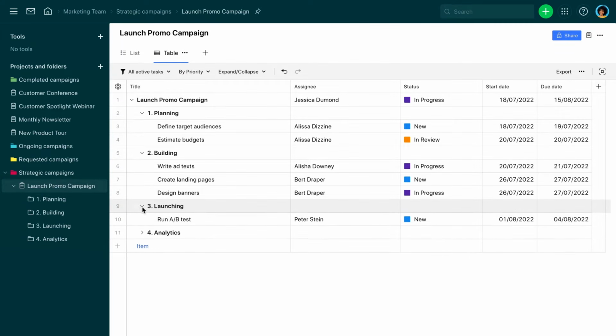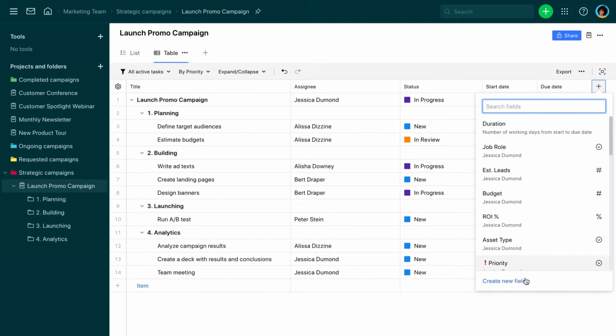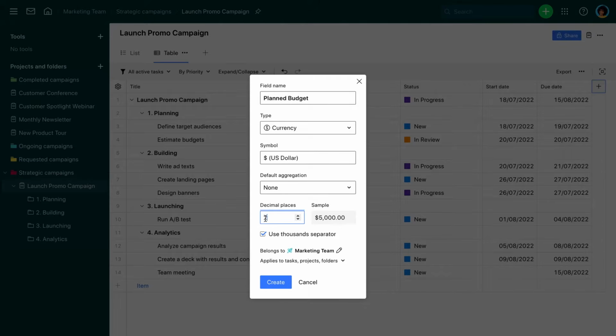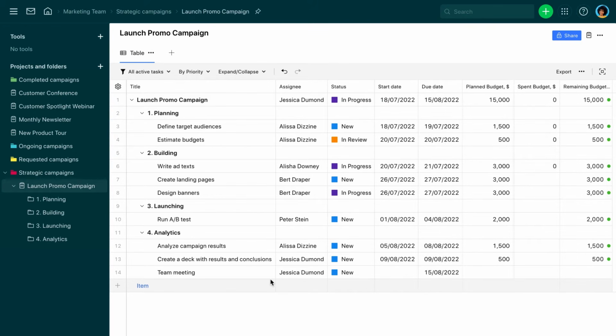Every team and project is different, but you'll want to keep things consistent with specific references to your work. For this, Wrike speaks your language with custom fields. Here's an example budgeting project. We'll add budget fields to monitor actual versus planned fees and costs. We can input a calculated field, which reflects values automatically in real time.